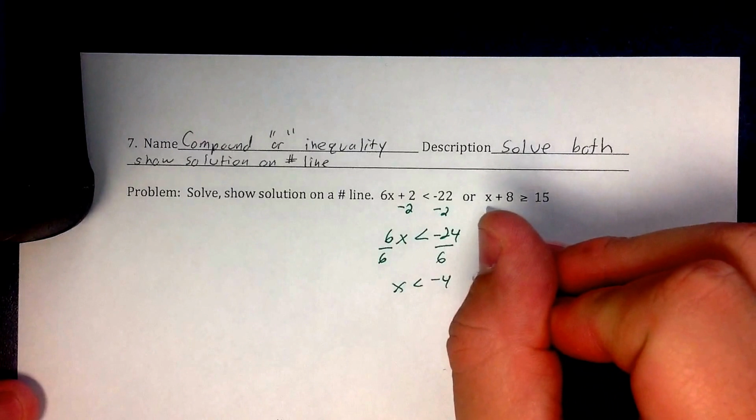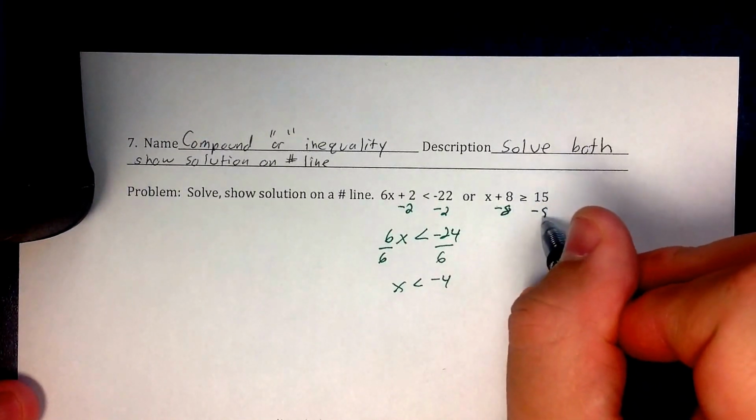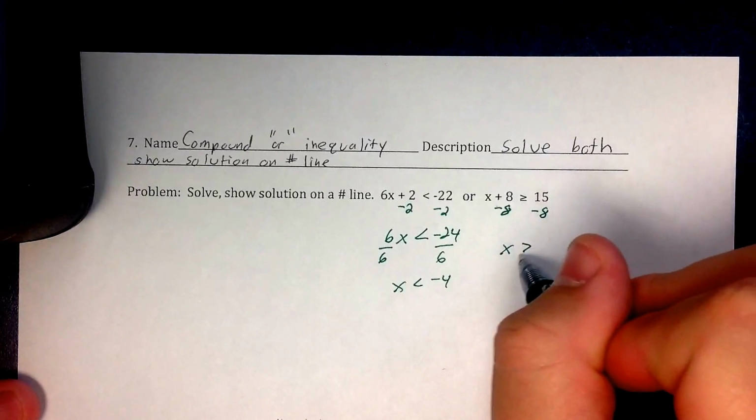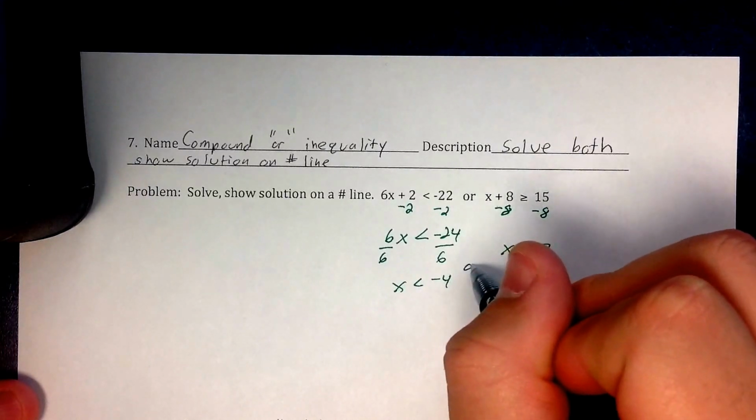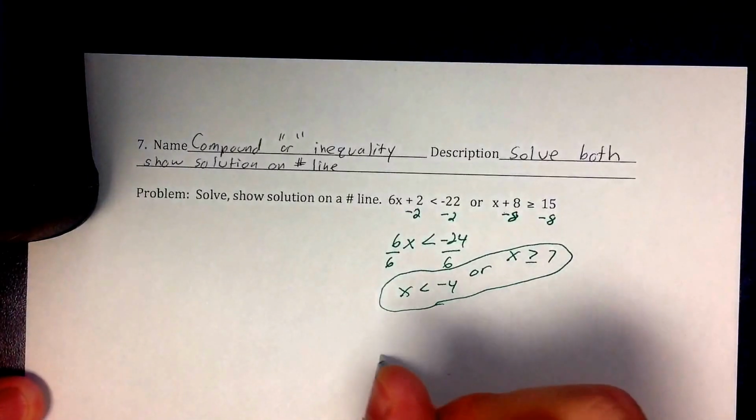On the other one, I've got x plus 8 is greater than or equal to 15, so I'd have to subtract 8 from both sides. So I get x is greater than or equal to 7. So here's my solving part of it. Now on a number line,